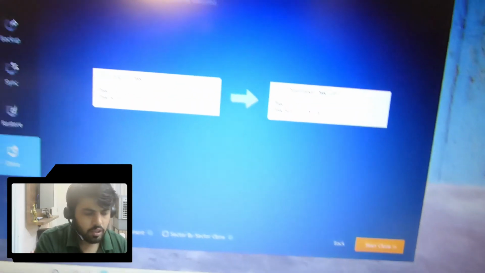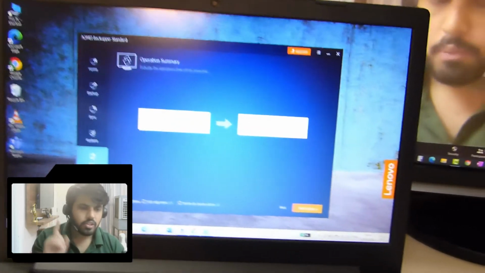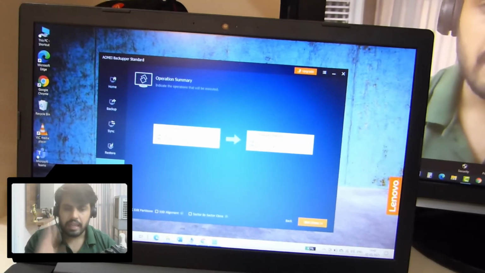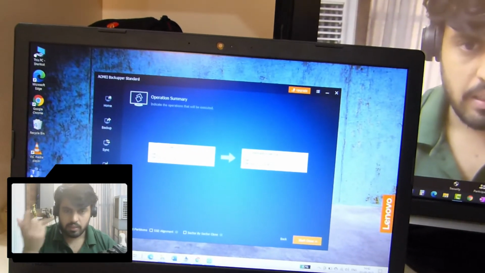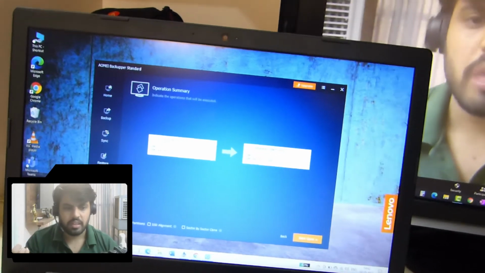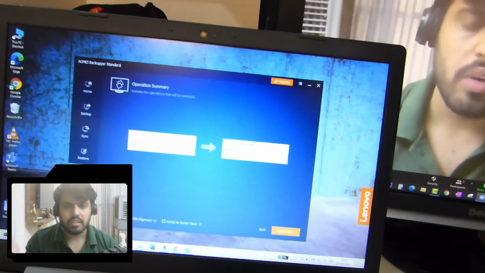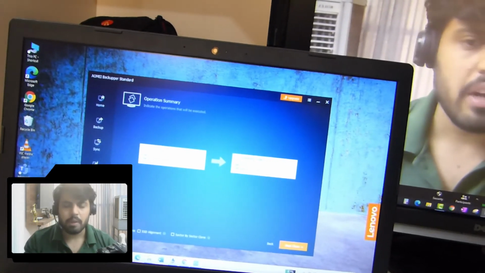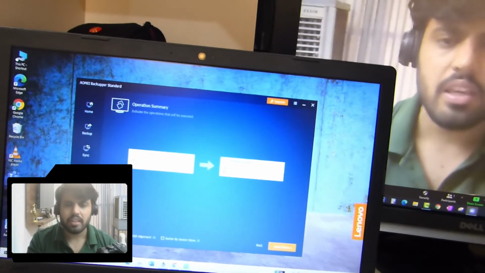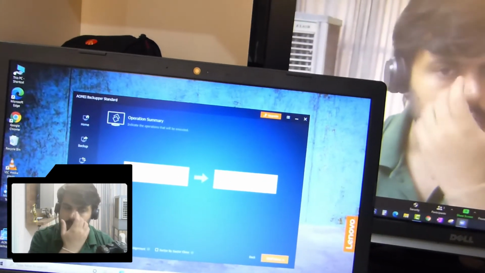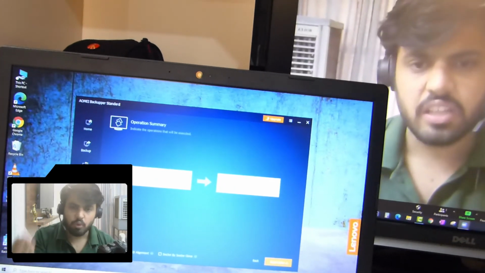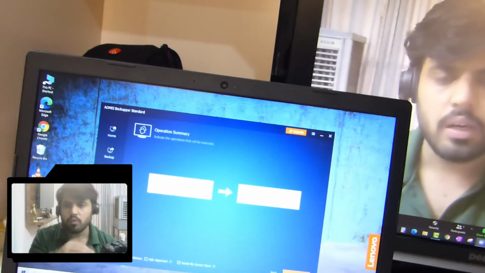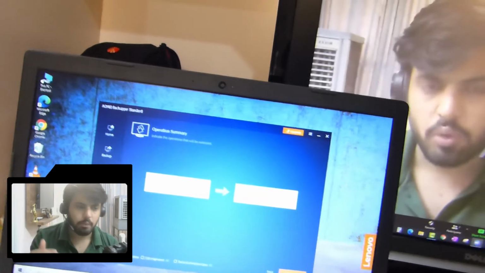You can go from larger to larger. The one point you have to remember is that the data you are transferring must be less than the space of the new SSD. Then only you can transfer the full clone. Otherwise, if the SSD is of smaller size, there will be an error at the end of the copying, because the SSD will already be full during the copying. So you have to take that into consideration. Or if the space is less, you have to delete some data before cloning so that there is enough space to copy the full data into the new disk. I hope you are getting my point.